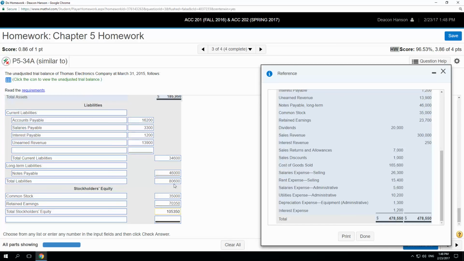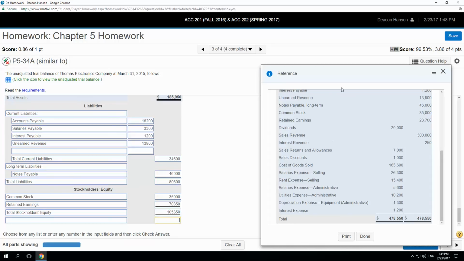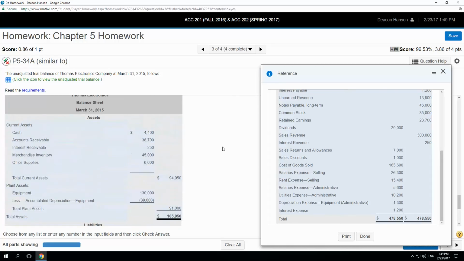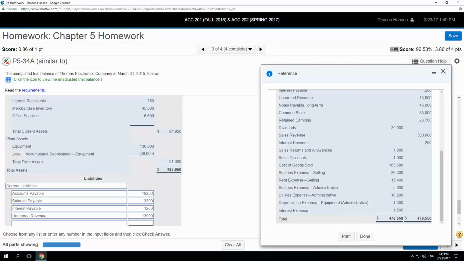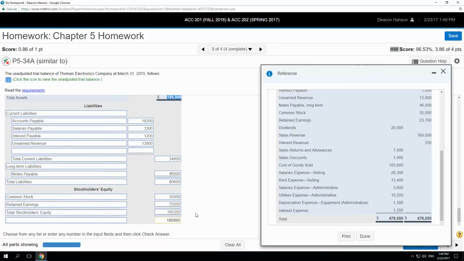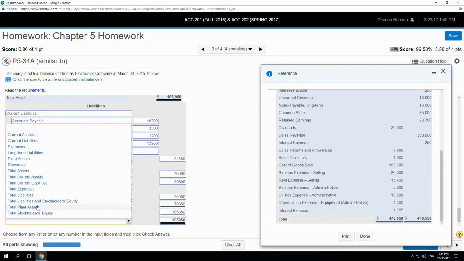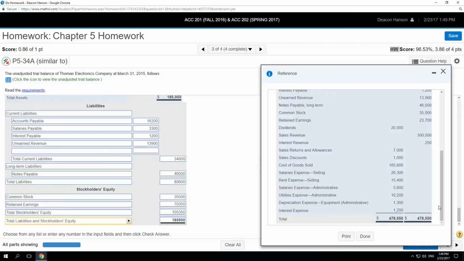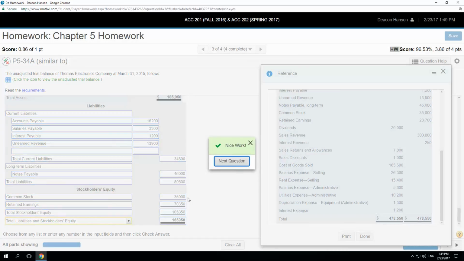So if I kind of do that in my head, that's going to be 185,950. And what you want to do is you want to come back up here and look at your total assets. Is that the same number? Yes. Okay. Looks like we're in balance. We're about to make one more mistake. We didn't label that last line. So that's called your total liabilities and stockholders' equity. Okay. Nice work. That's the end of that one, right? Why don't we